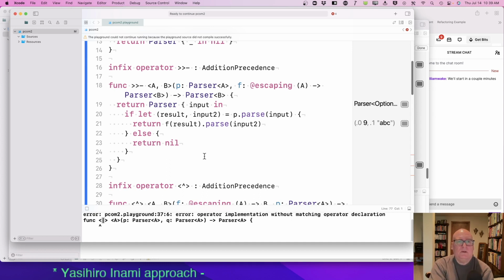Okay, you give me a parser and a function that goes from a value to a new parser, and I'll give you the new parser. So we take your input, we parse it, we get a result back, and we would apply our function to the result.